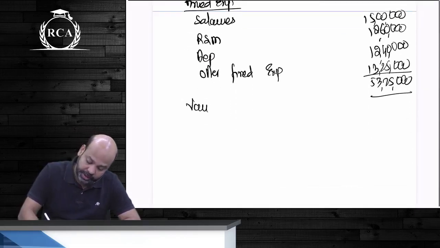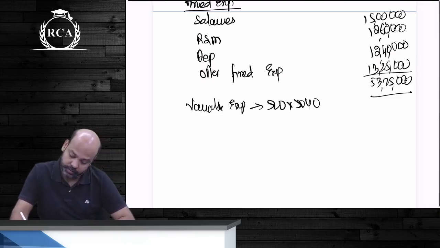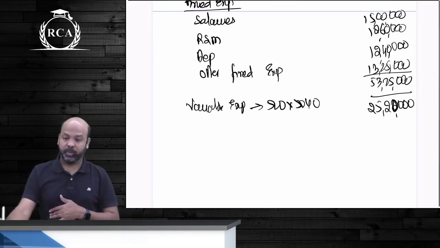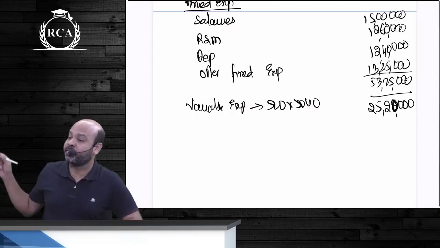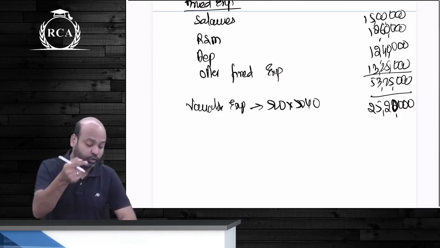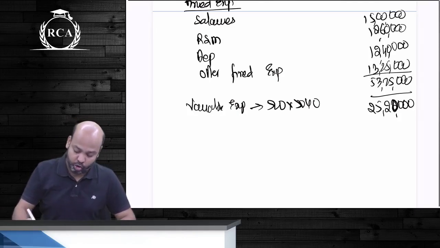Write the variable in detail, beta, write in detail. I'll write 500 multiplied by 5040. 25 lakhs 20. Guys, I have written variable expenditure directly on a totality basis. You please write individually, better, in the cost statement. All right, you just have to multiply each of those items, guys, with 5040. How much is your total cost in a year?